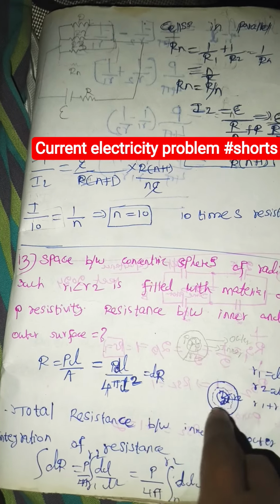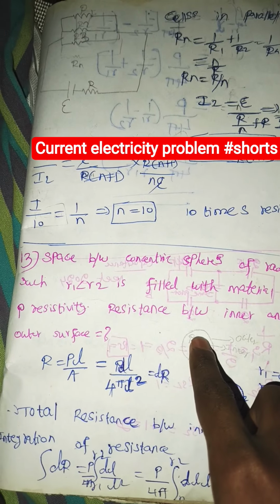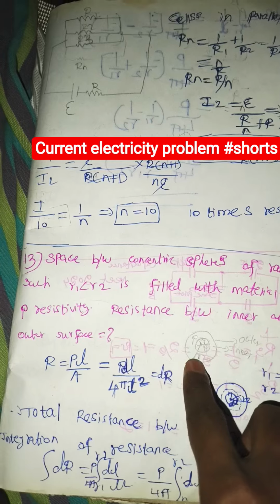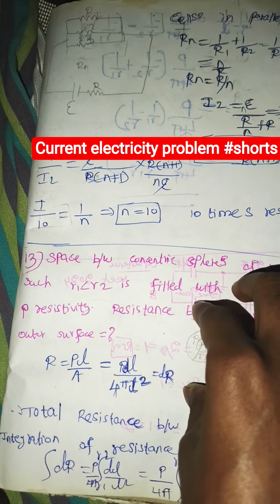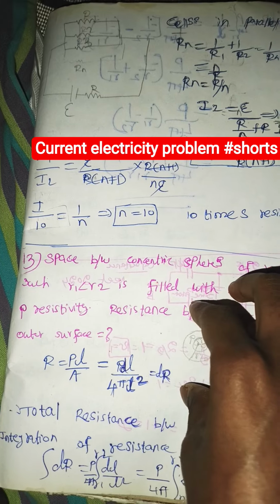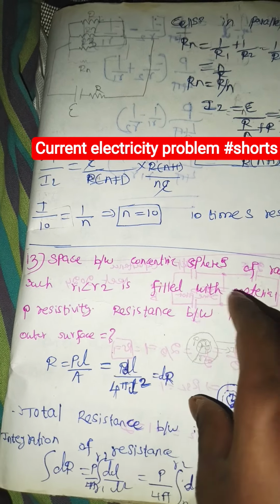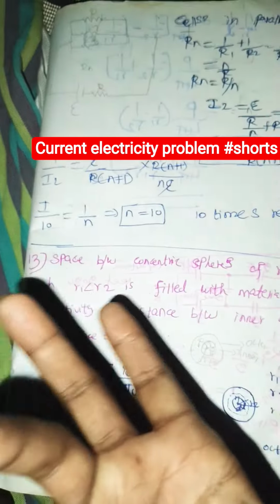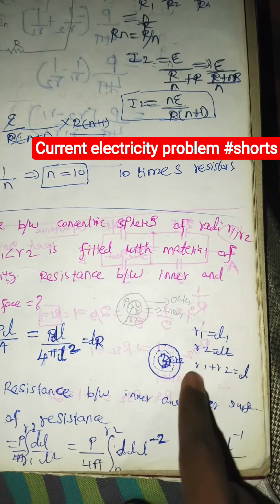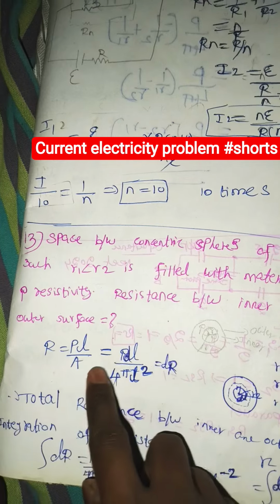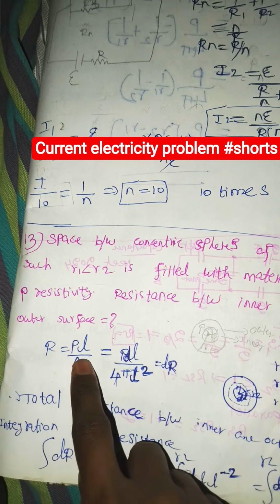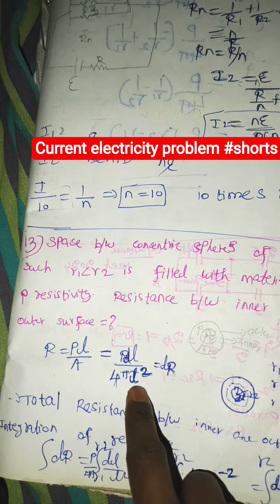First, the resistance formula. The length across this gap is R2 minus R1, this is the length, or we can take a general radius r as the length, with no other assumptions. So the resistance formula is rho L by A, where the area is 4 pi r square,